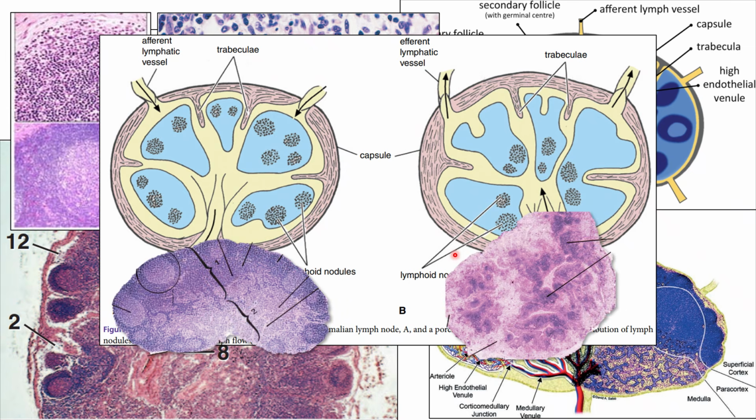So, we actually have pig lymph node section in the laboratory. So please take your time to compare them with the other species lymph node and try to see that, all right, in the lymph nodes of the other species, the cortical areas, the lymphatic nodules are in the periphery, while in the pig, it's in the central area.